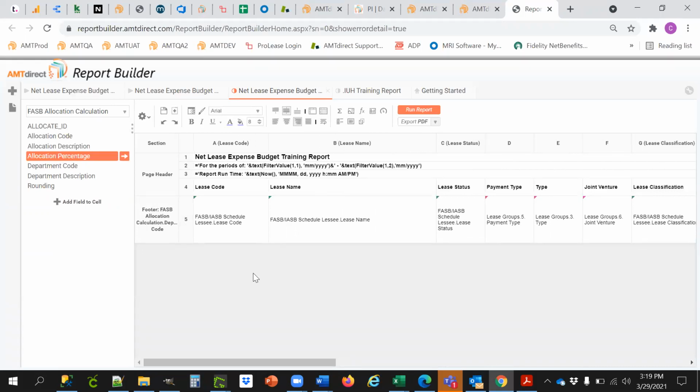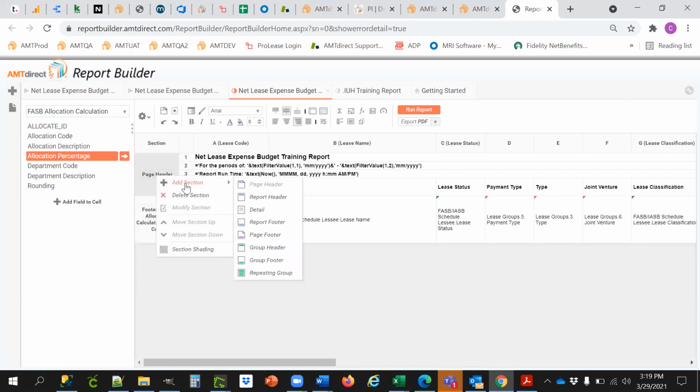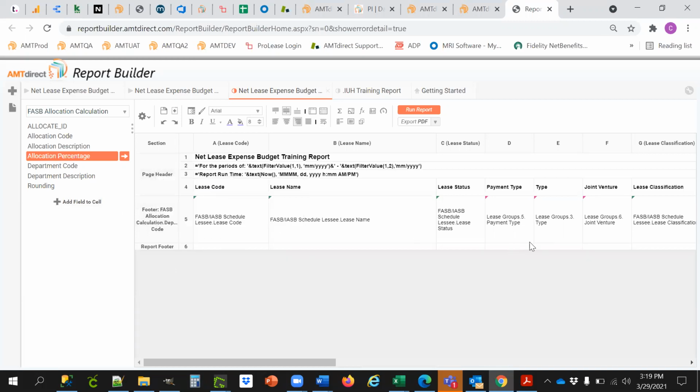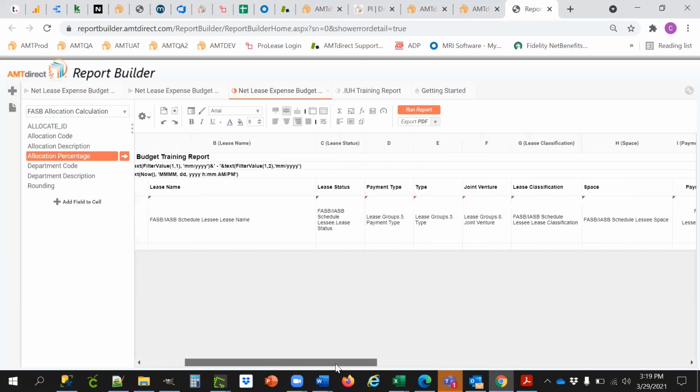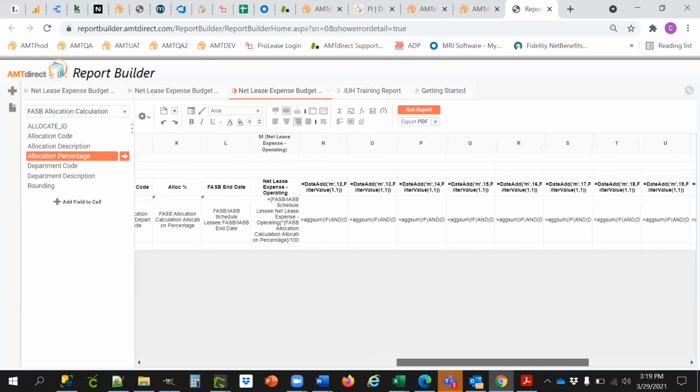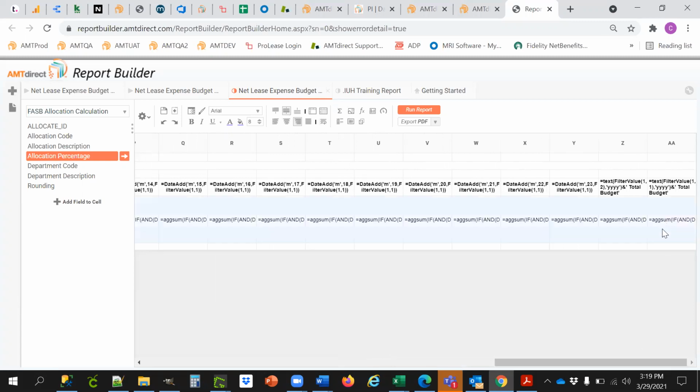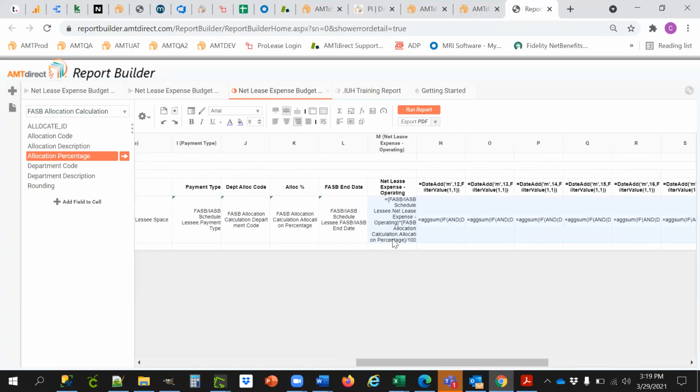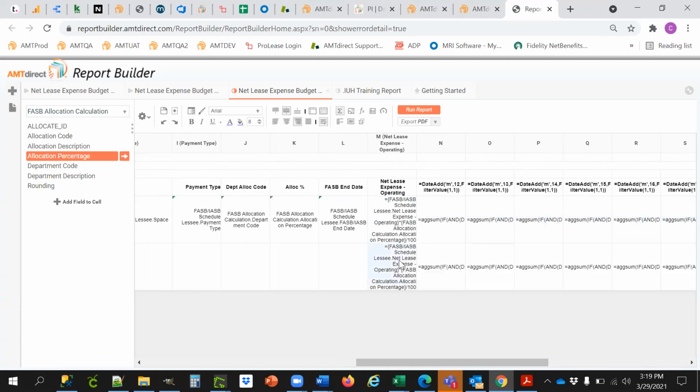Now I want a report footer. It's very similar to the last session that we had on how to add the group footer. I'm just going to click in this section here, hover over add section, and this time I'm going to select report footer. There are a couple of different ways that you can handle adding an aggregate for the entire report. You can simply copy all of this